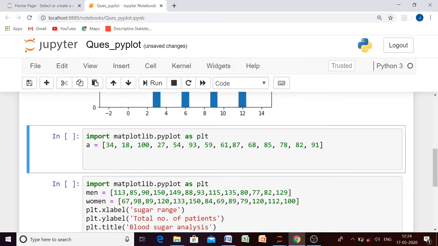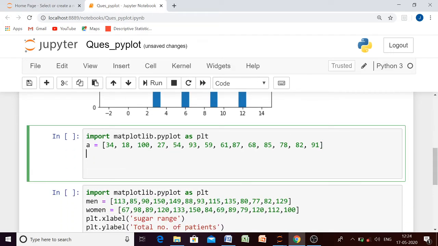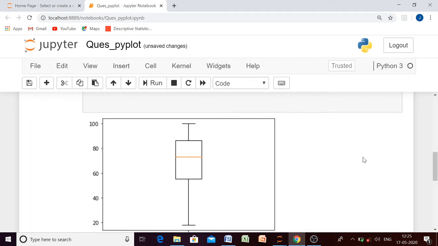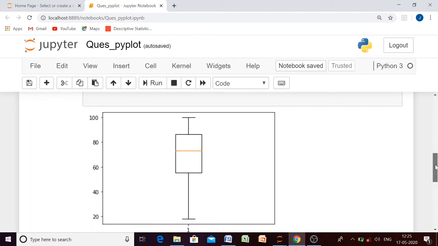What we have to do is make a box plot. It is an easy one. We have to write plt.boxplot, which is the name of the function, and pass our data. Let us execute this one, but before that we have to display our box plot using the show function, otherwise our graph will not be plotted. Let us execute this one and see, here we have our box plot.